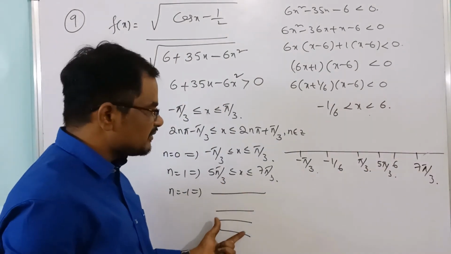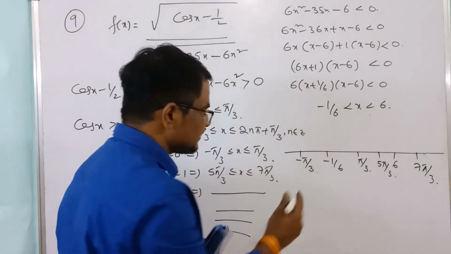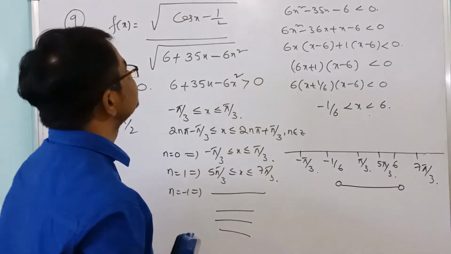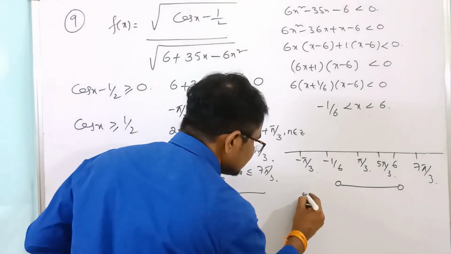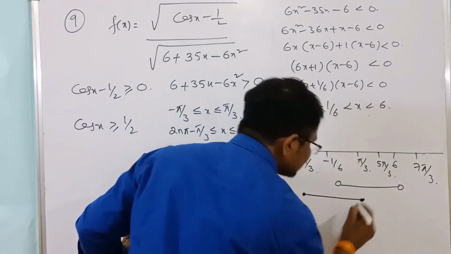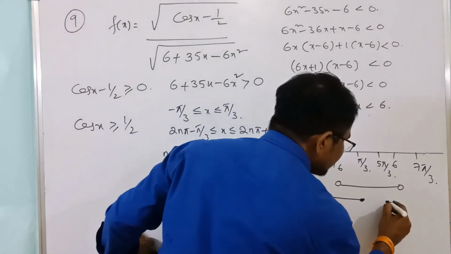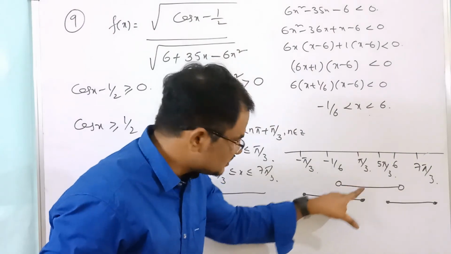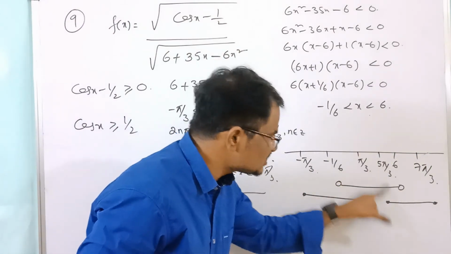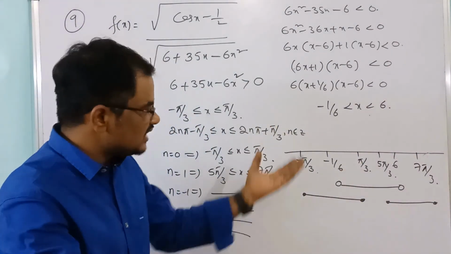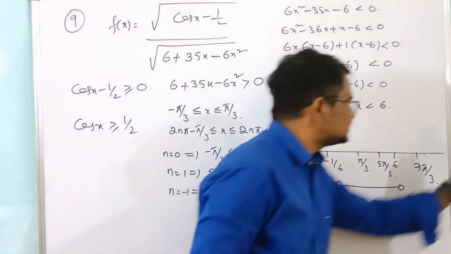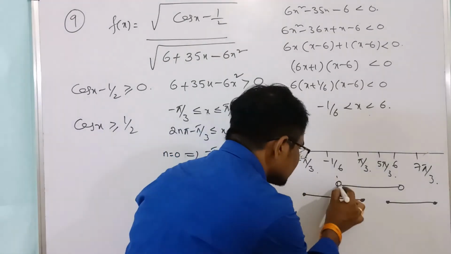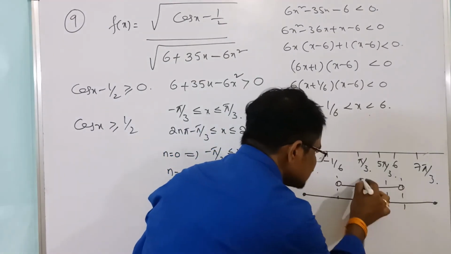Is there any common values with this one? You won't get. See here, the first one is an open interval, from here to here you get. Next, here one solution is there, and here one solution is there. Okay? So with this one, are these two the only common solutions we are getting or not? If you take the next values, here you will get and there you will get. You won't get the common solutions. So that's why here only the common solutions are.